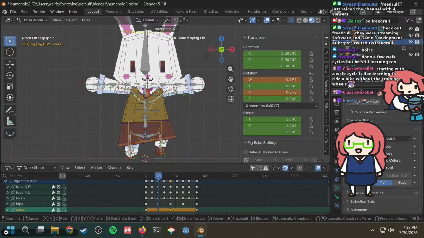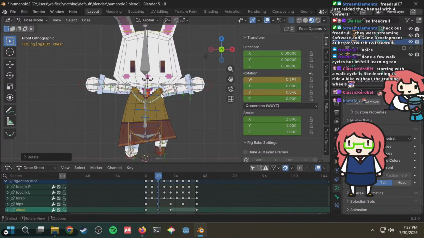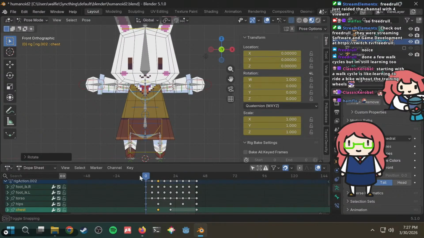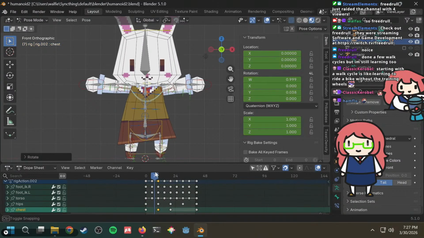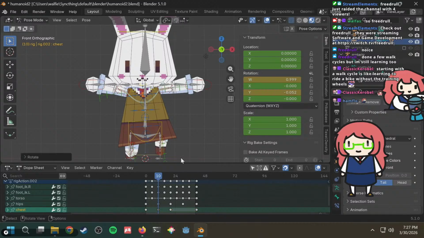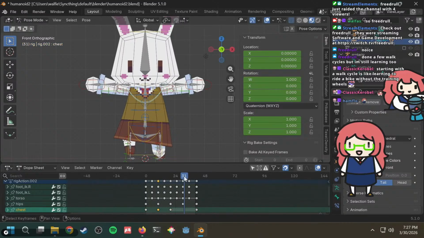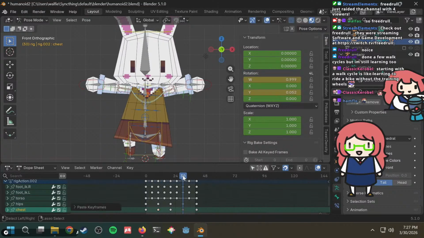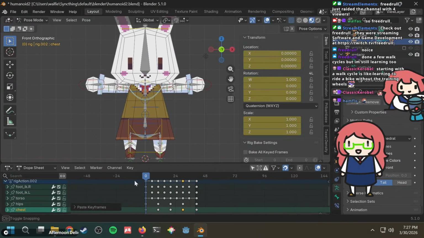Maybe that's fine if it moves slightly. Wait, I thought I had it the opposite. Okay, it's supposed to move this way. Move it like this. Copy it, paste in reverse. Okay, that looks good, right?